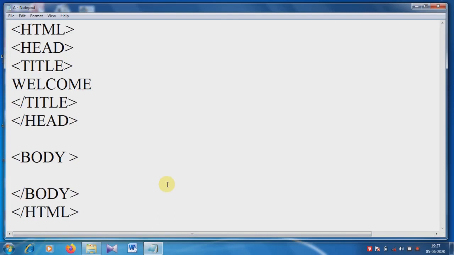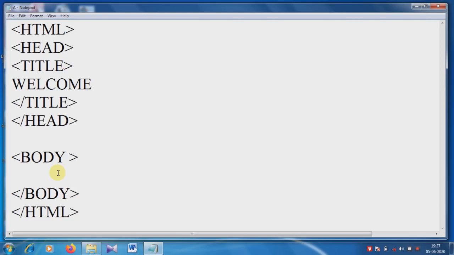This is the HTML page, and I have already created a normal HTML document, but now I am explaining the superscript tag. This tag is used to display text in superscript format. That means the text will appear slightly above the normal line.